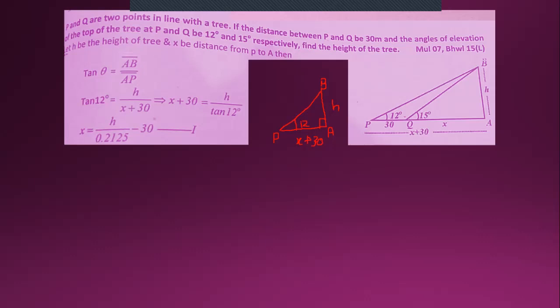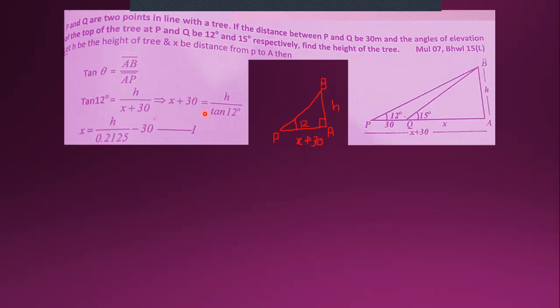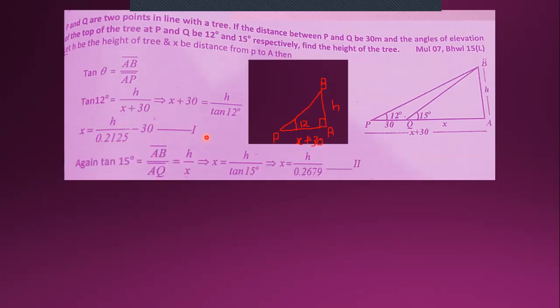तो आपके पास यहाँ से h और x दोनों अननोन हैं, तो क्या करेंगे आप फिर, दोबारा मैं पॉइंटर को चूज करती हूँ, आप यहाँ पर टेंजेंट 12 को इधर ले आएंगे और h ओवर टेंजेंट 12 हो जाएगा, और यहाँ से आपके पास इस टेंजेंट 12 की जब आप वैल्यू पुट करेंगे तो 0.2125 हो जाएगा, और इस 30 को आप इधर भेज देंगे तो x की वैल्यू आपके पास आ जाएगी। ऐसा हम क्यों कर रहे हैं कि दोनों में x आएगा, उसको एलिमिनेट कर देंगे, क्योंकि x की हमें जरूरत नहीं है, हमें सिर्फ h की जरूरत है।